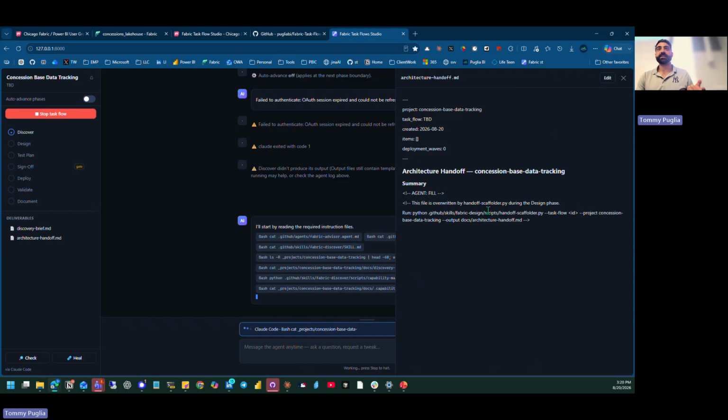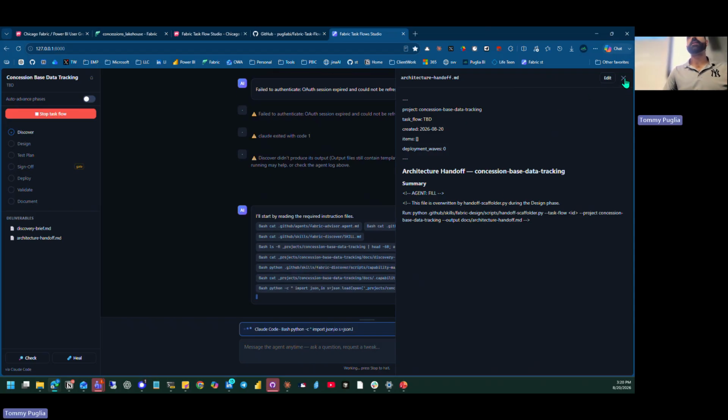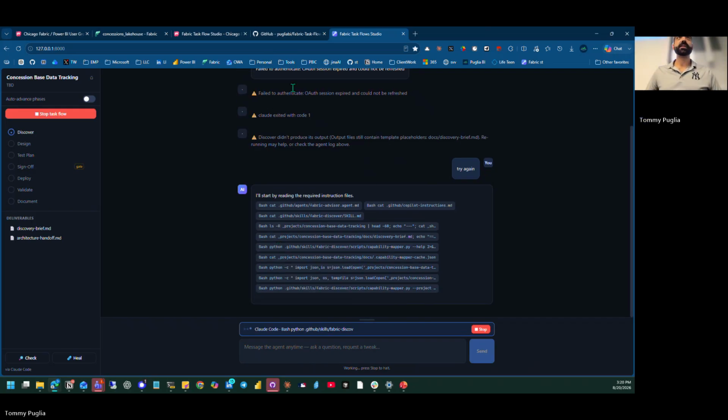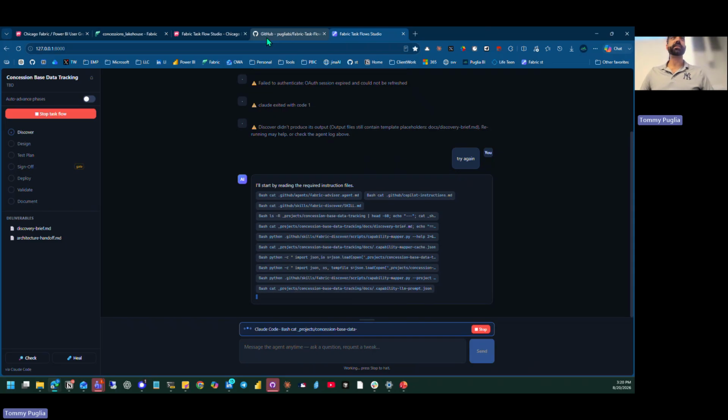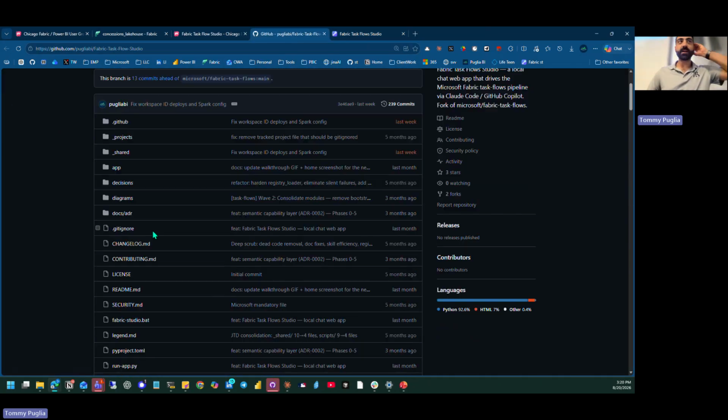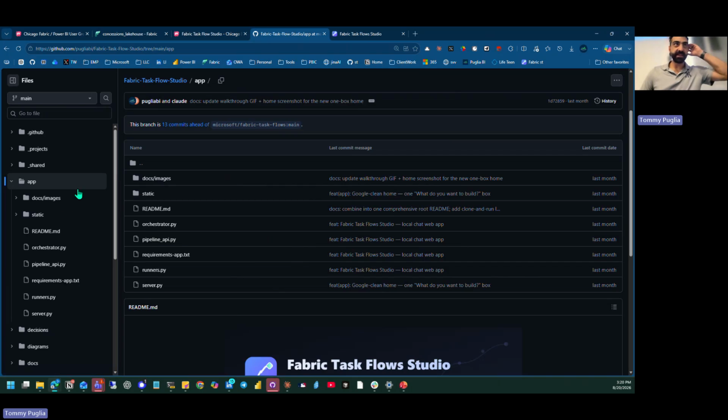I can see the architecture handoff on what we're actually going to do. So the prompt and all the documents are saved here. It's actually building out the project through agent skills. While that runs, what we're actually going to do is take a look at the code itself to see what's actually going on. So there are projects in here that are all blank, but really it's going to be when it comes to the app itself. Actually, no, it's going to be in